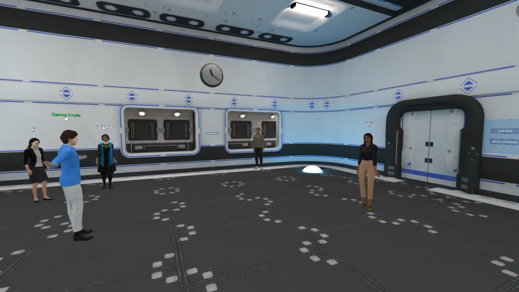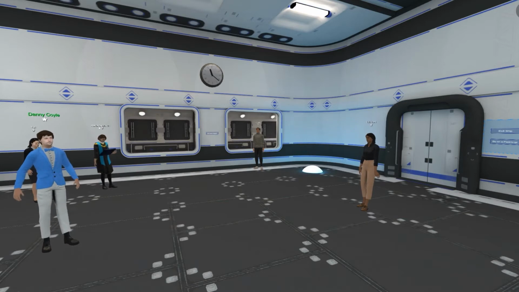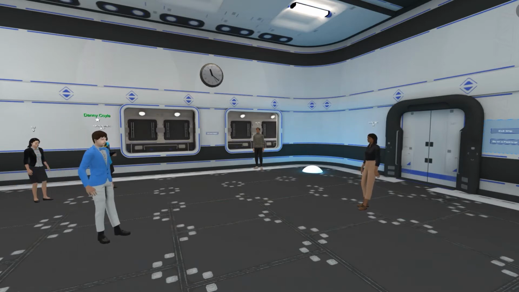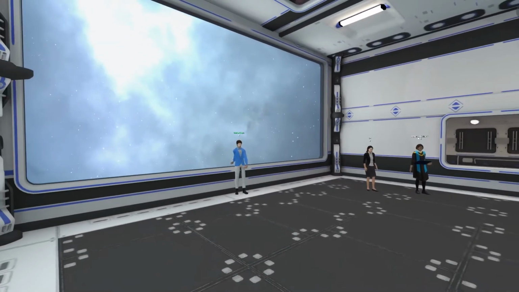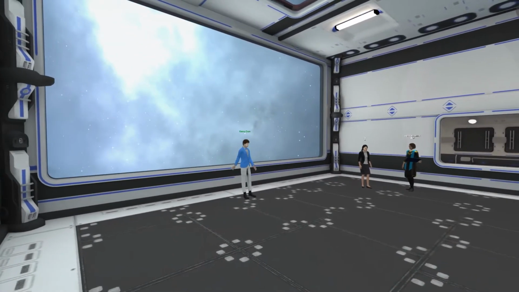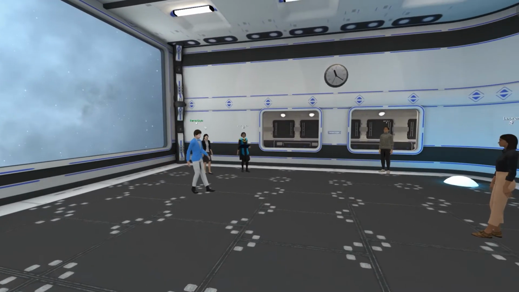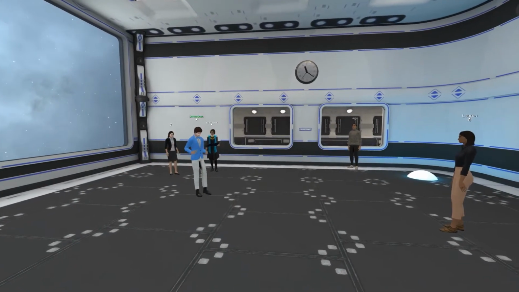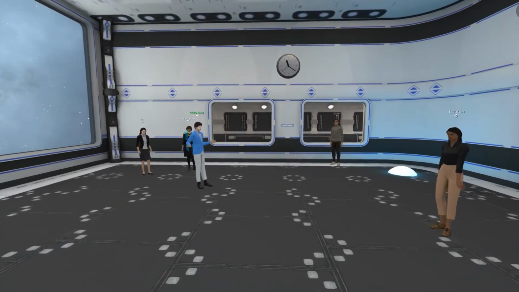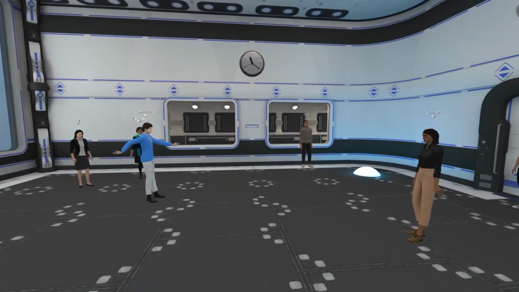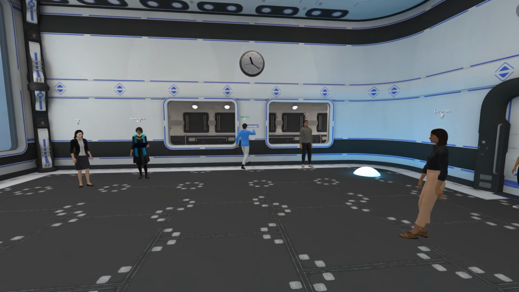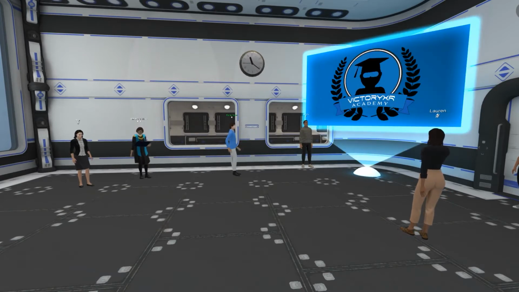So welcome to the Starship Observatory. This is another very non-traditional classroom space. Here in this space, we have two huge observation windows on either side, and we have this nice big open floor plan, which is really convenient for teachers who want to create a snapshot to kind of create their own classroom. We also have a traditional media screen here that we can toggle on and off, just like you saw